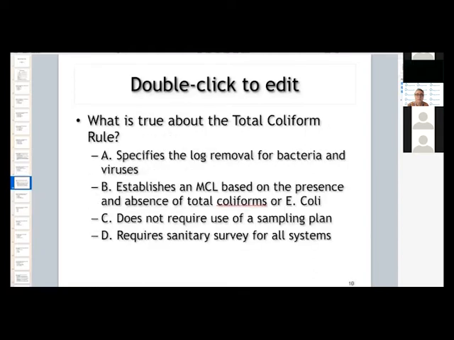What is true about the total coliform rule? Specifies the log removal for bacteria and viruses, establishes an MCL based on the presence and absence of total coliforms or E. coli, does not require use of sampling plan, requires a sanitary survey for all systems. This is going to be B, establishes an MCL based on the presence and absence of total coliforms or E. coli. Total coliform rule is essentially the rule that requires 95% of all samples grabbed in the system be absent